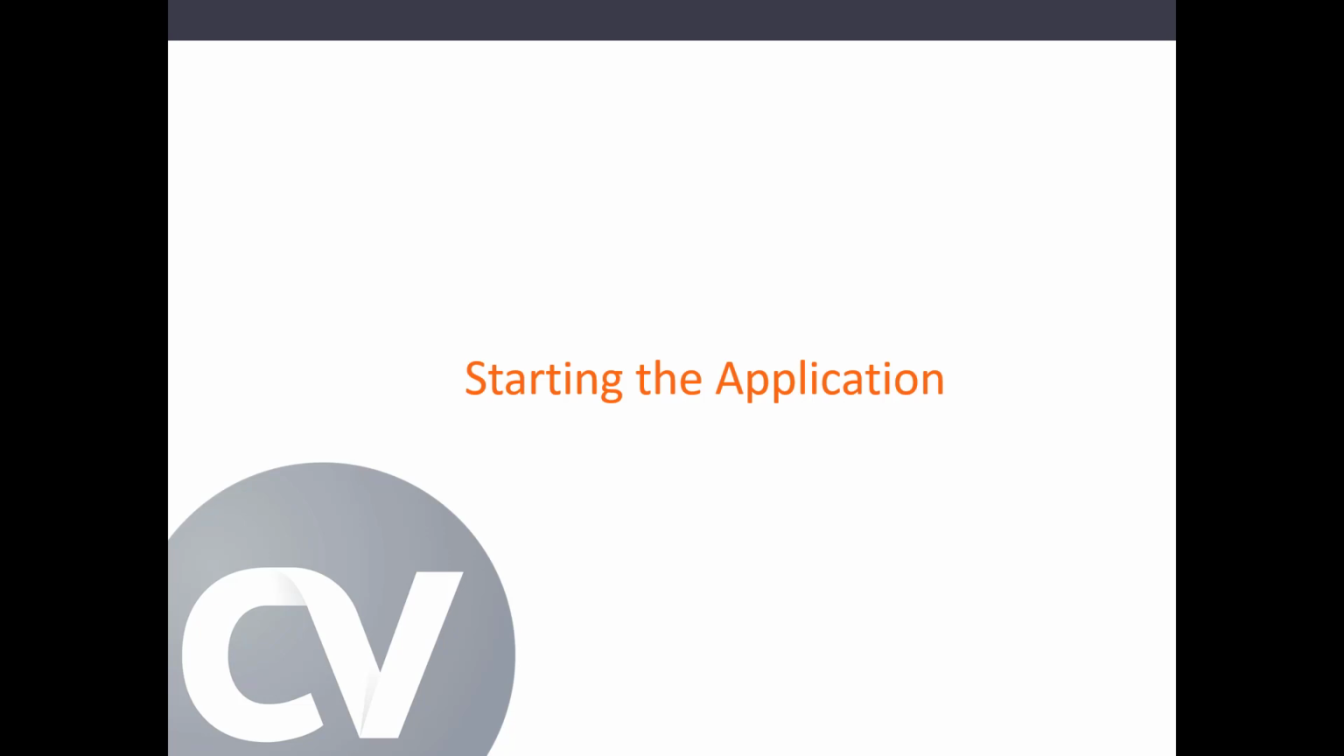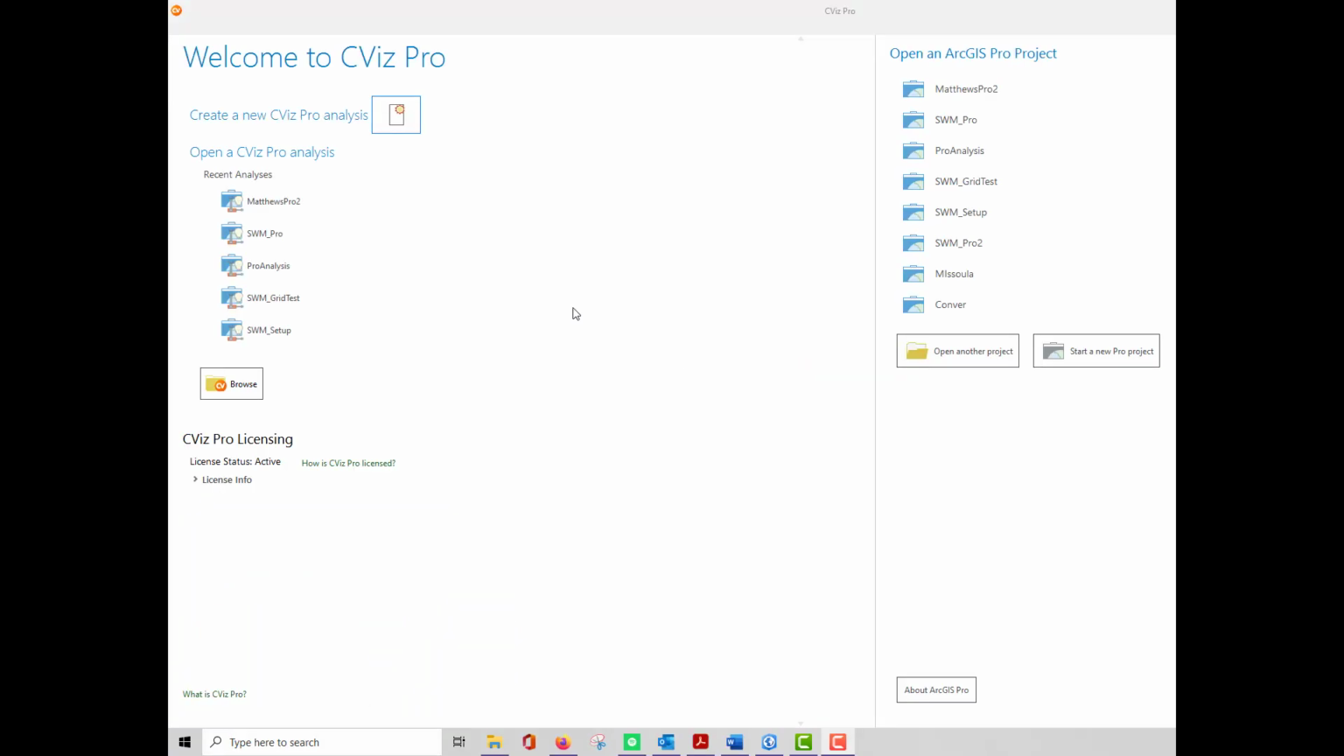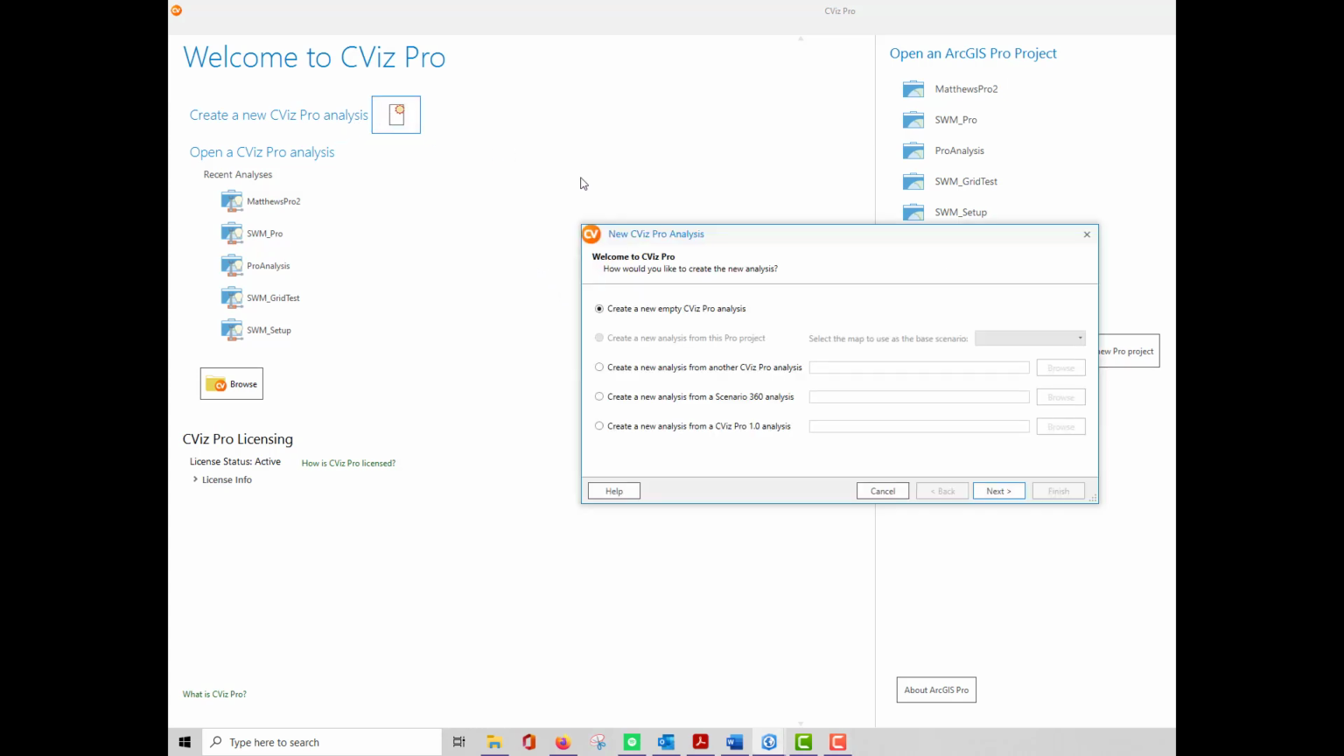Starting the application. If I click on New CViz Pro Analysis, I can create a new empty CViz Pro analysis, create a new analysis from another CViz Pro analysis, or create a new analysis from a Scenario 360 analysis. For many CViz Pro users, importing a CommunityViz Scenario 360 analysis will be one of the first tasks they'll want